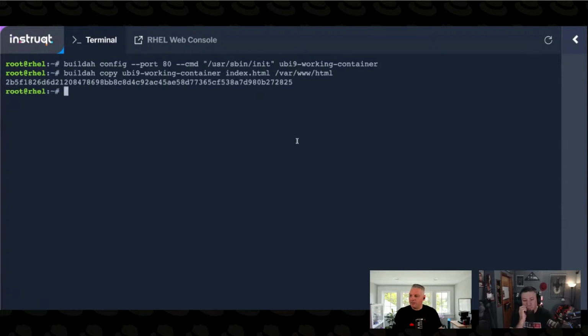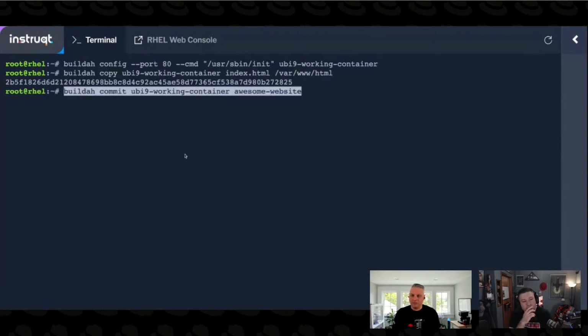All right, so now I have my container set up to be a web server. I've got my web content positioned within the container file system. So now it's time to mint that into a runnable container. So we're going to do a commit. We're going to take our UBI9 working container and we're going to make a container image out of it called